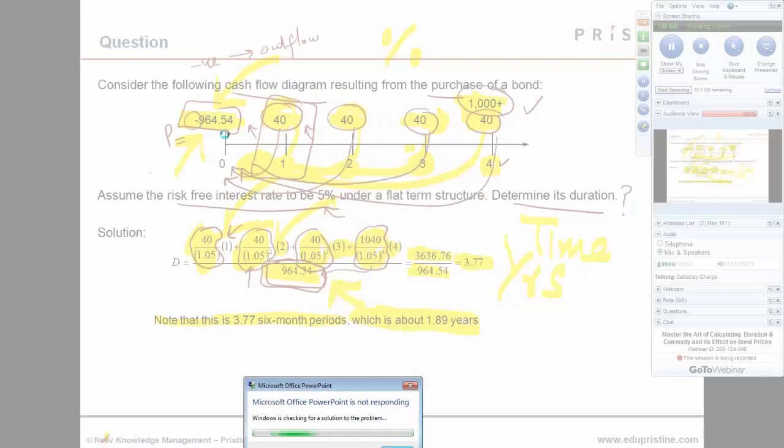So to compute the duration, I need all the cash flows and their time points. And if I take a weighted average, 3.77, then I know after 3.77 periods, somewhere here on the timeline,